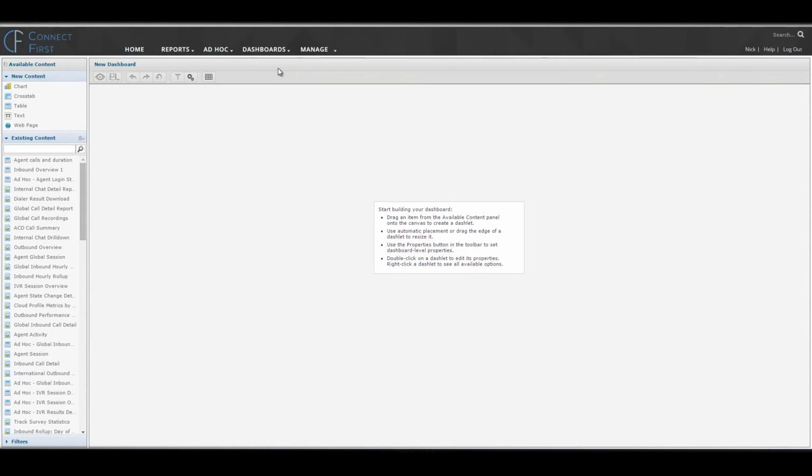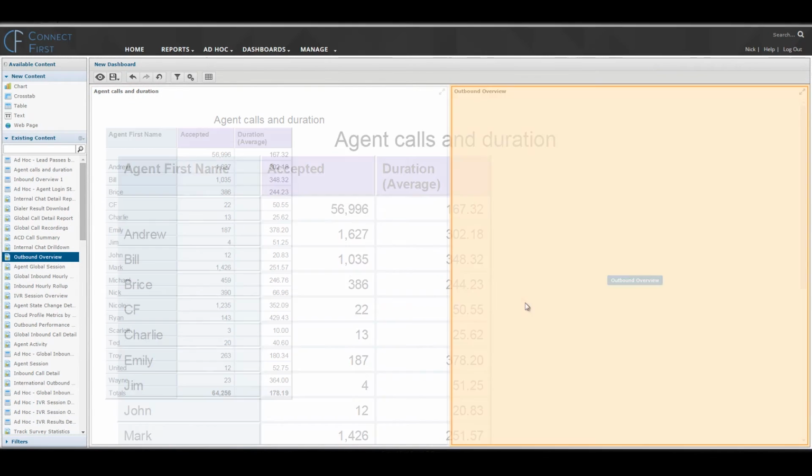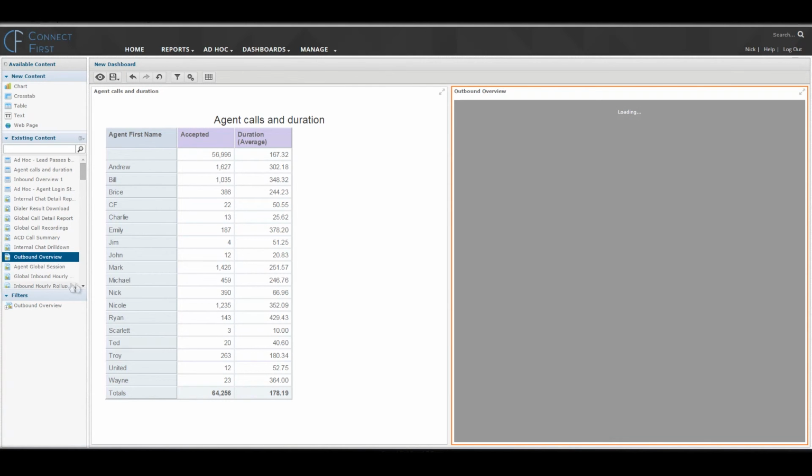So now we're going to create a new dashboard. Dashboard is basically what it sounds like. It allows you to take the reports and views that you've just seen, and you can arrange them on the screen the way you want them to look. So if you decide you want 3 different reports across the top,